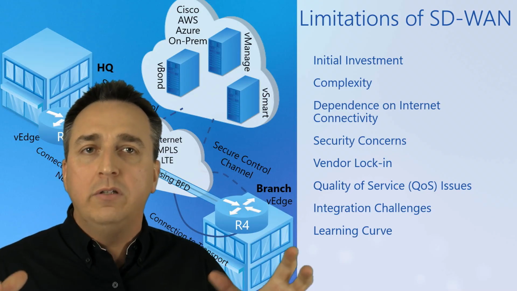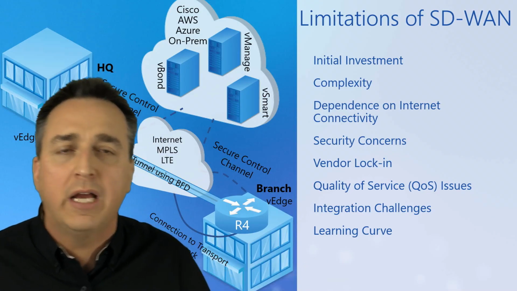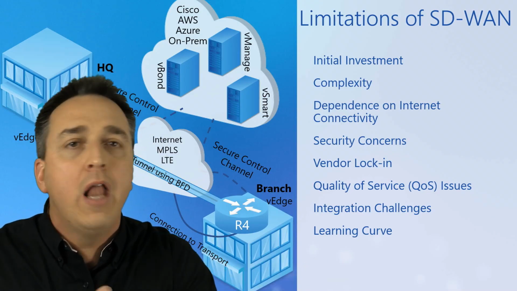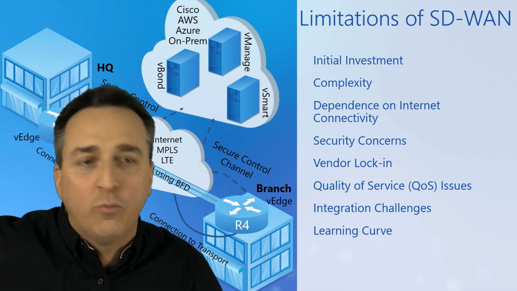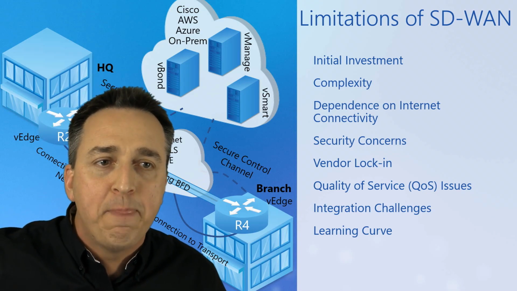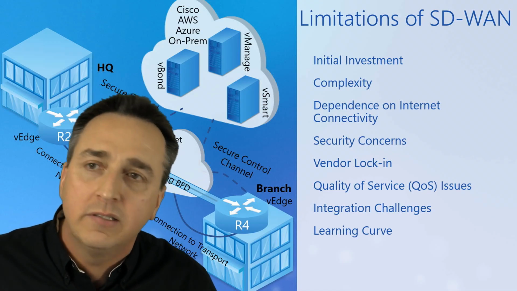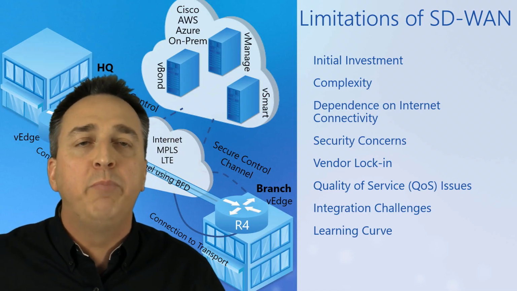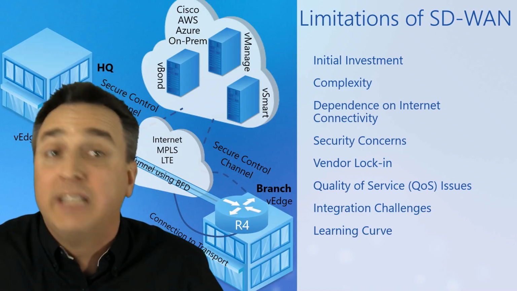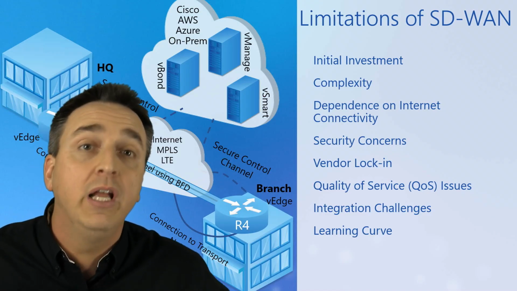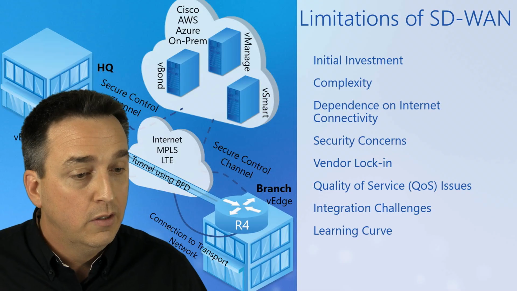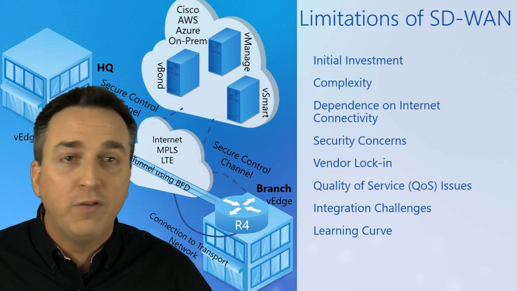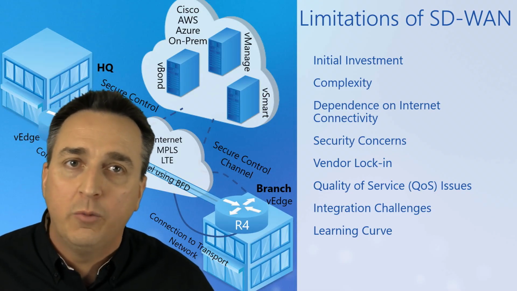right? You don't have to worry about your connections. Of course I do. I still need an internet connection or an MPLS connection or an LTE connection. I still have to pay for that. I still have to work with my service provider to get that set up before we can do SD-WAN anyways. What am I doing with SD-WAN? I'm building a virtual network on top of those connections. That's what I'm doing. I'm building a virtual network on top of those different types of connections. So I still have to deal with all that other stuff, and that other stuff can still be costly.